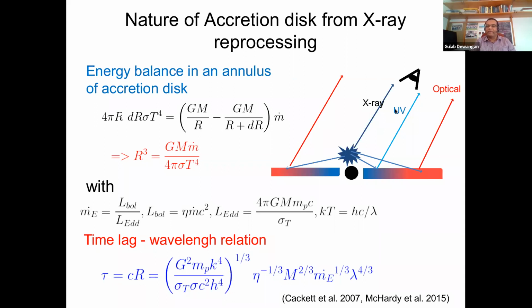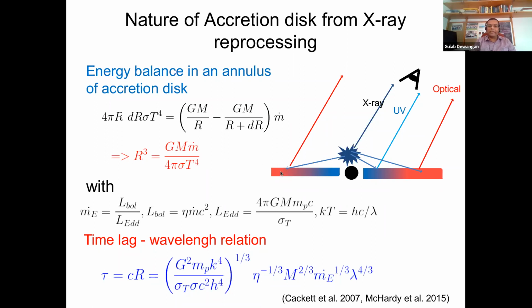For example, the delay between X-ray and UV will be short, while the delay between X-ray and optical will be longer. And using the standard accretion disk theory, one can actually find out what is the dependence of this lag on the wavelength of radiation we are measuring. So in a very simple way, one can